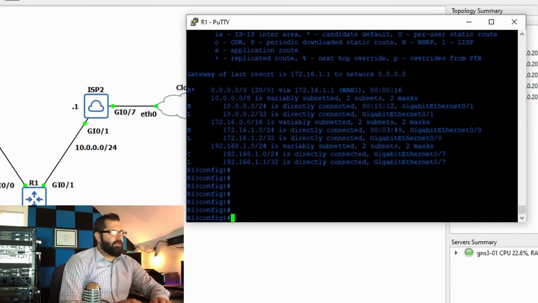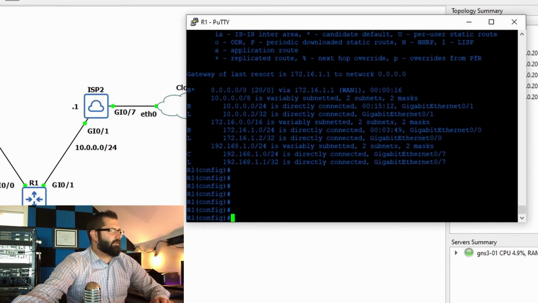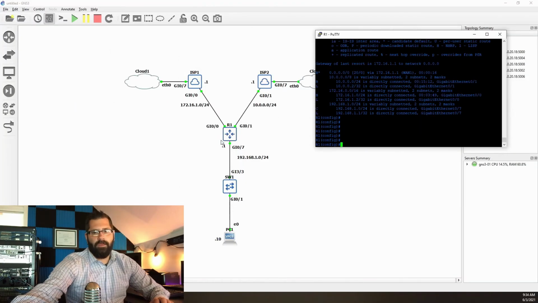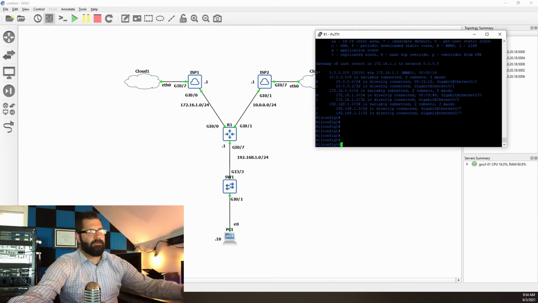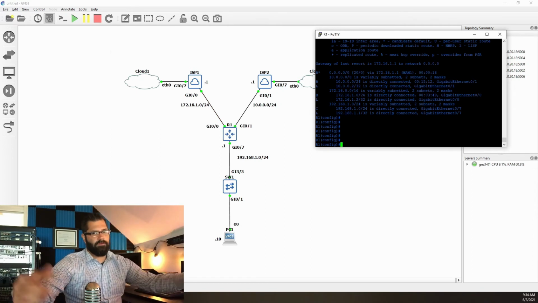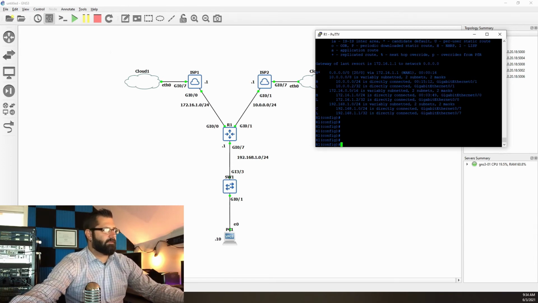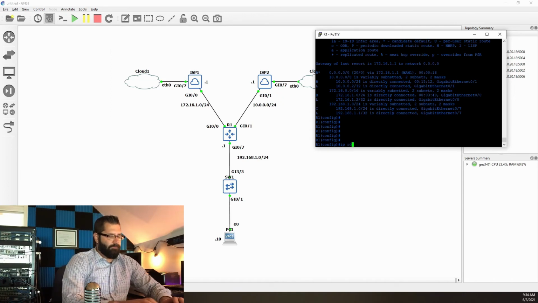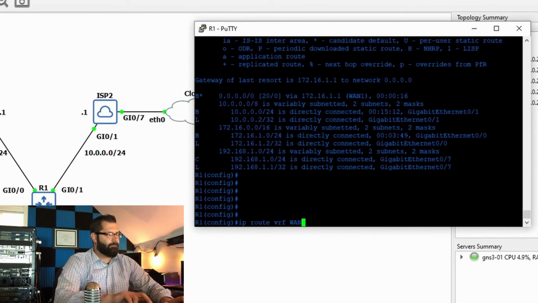Okay, so the next thing is we need to create a default route for the secondary. So this is going to be the one with the higher administrative distance. And then remember, we'll have to go back into multi-protocol BGP and modify the metric, because it doesn't matter what we set in the VRF. Once it's redistributed into BGP, the metric and the administrative distance get muddied, if you will. But we'll create this first and say ip route vrf WAN2 0.0.0.0 0.0.0.0